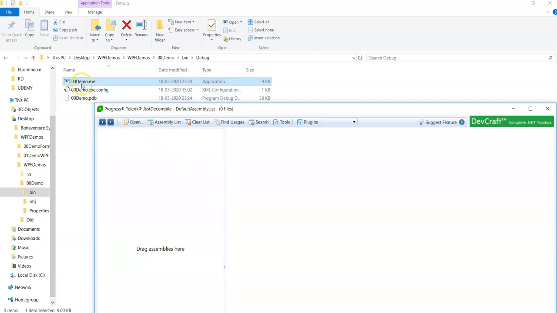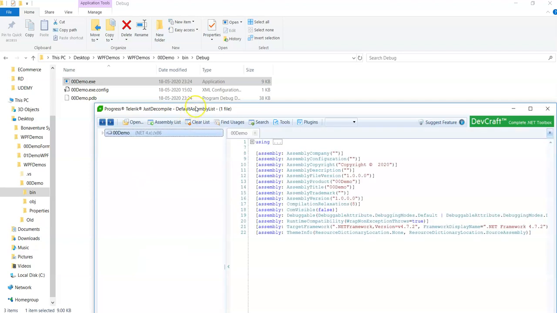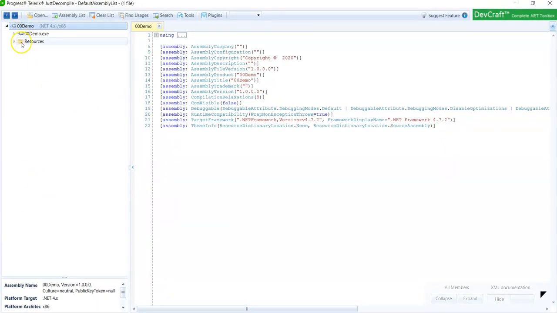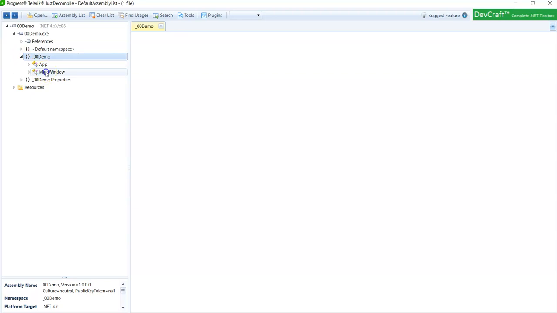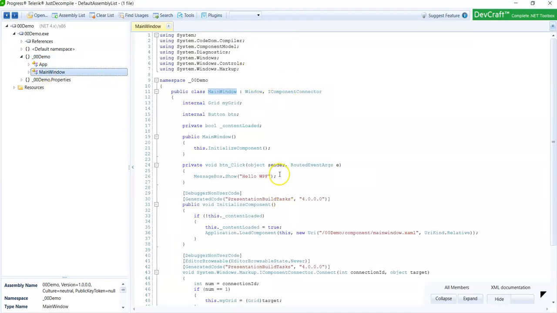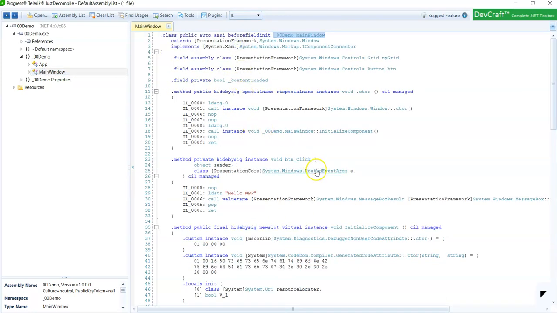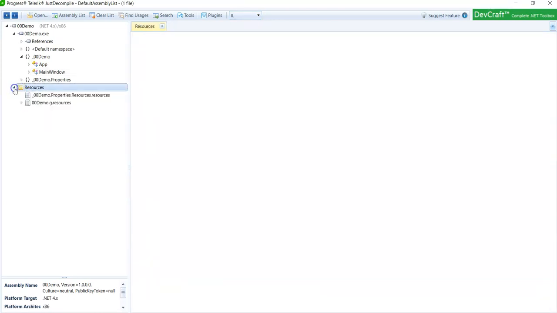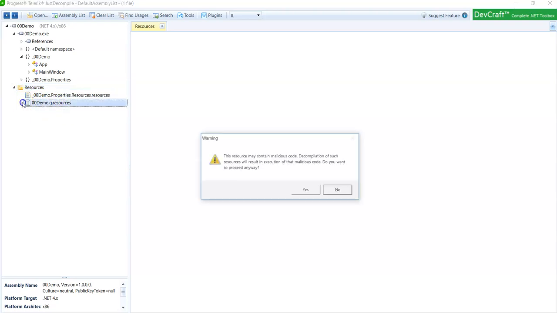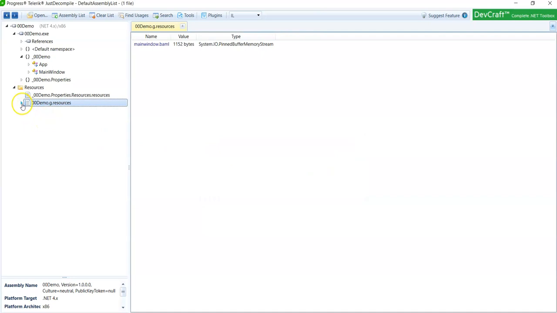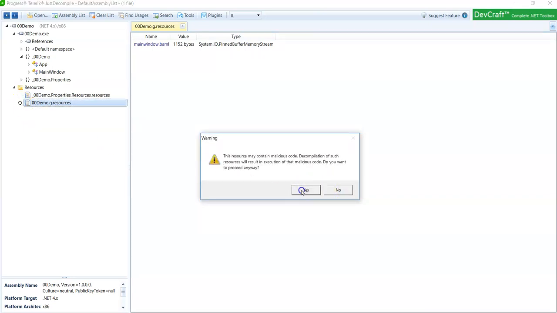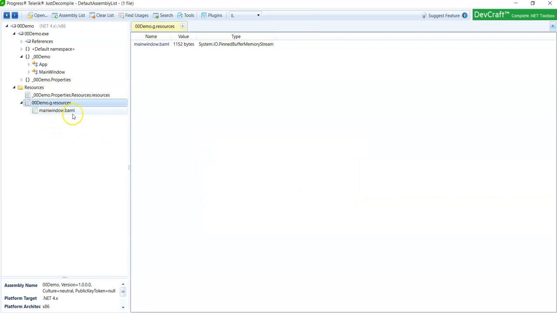So in this Telerik JustDecompile tool, I can very well drag and drop this exe here, and notice this demo exe that we have has got certain contents. It has got one main window, and main window has got a class. It shows me the C# class as of now, but normally in case of IL it looks like this. Now if you go to resources, you will find under the resources section, if I expand this, it has got the MainWindow.baml file.